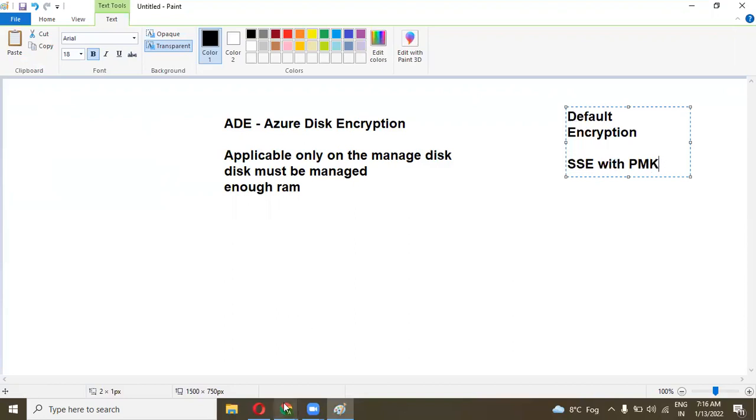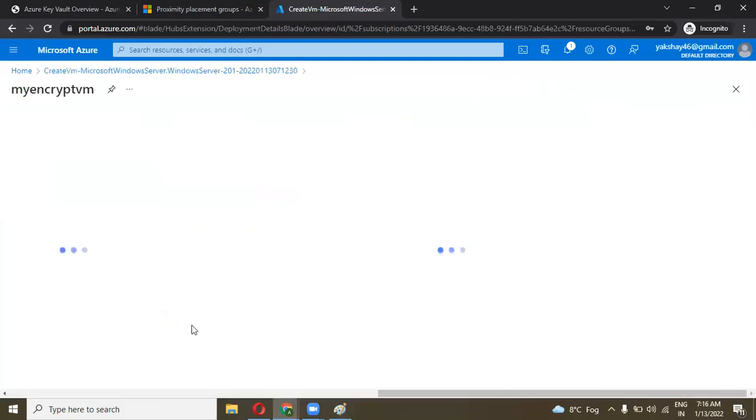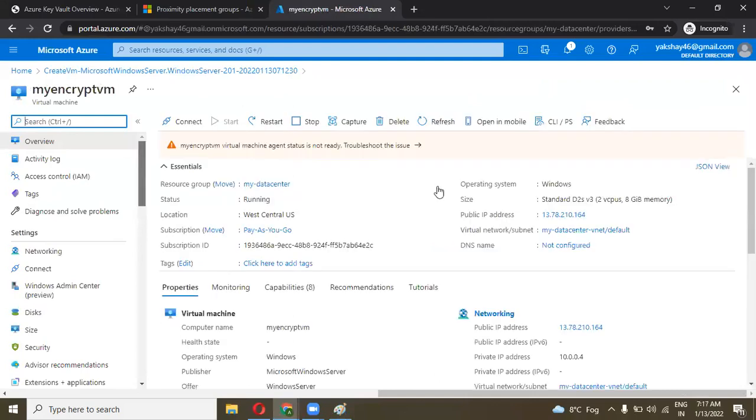So let's go once the deployment is completed. Yeah, deployment is completed. Now go to the resource and let's connect with that machine. Copy that IP and open the RDP tool.